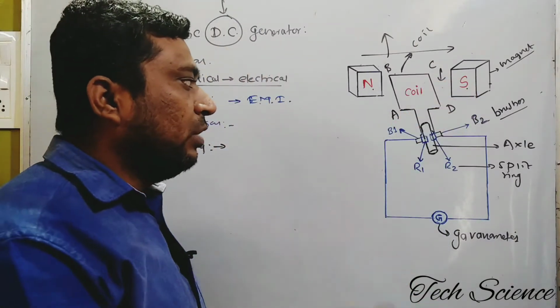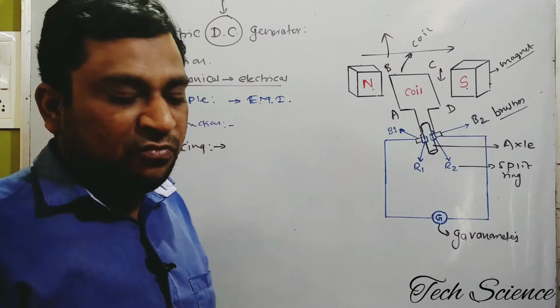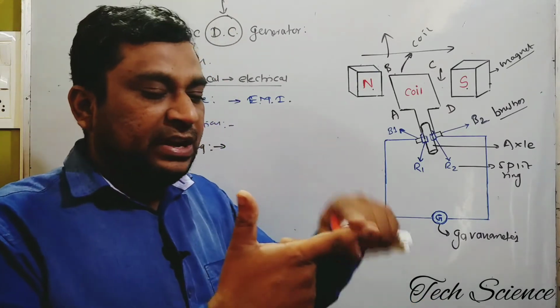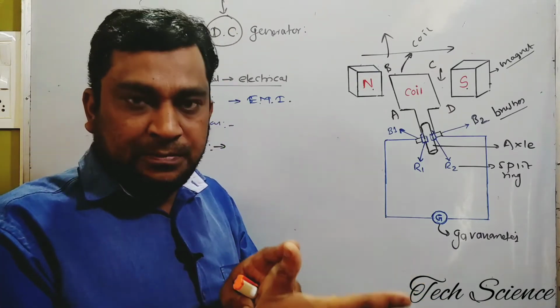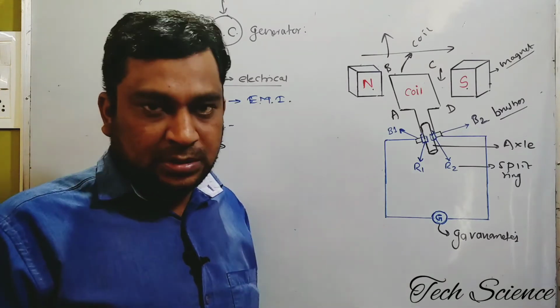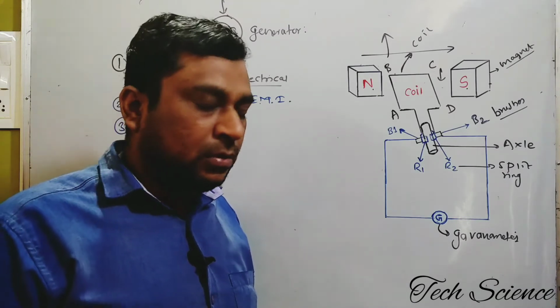Now, because of the rotation of the coil, the voltage gets induced. For this reason, we have the base. What is the base? Fleming's right hand rule. What is Fleming's right hand rule? In Fleming's right hand rule, we have the index finger, middle finger and thumb. They are stretched in such a way that they are perpendicular to each other. Now the question is, why are they at an angle of 90 degrees only? Why perpendicular only?